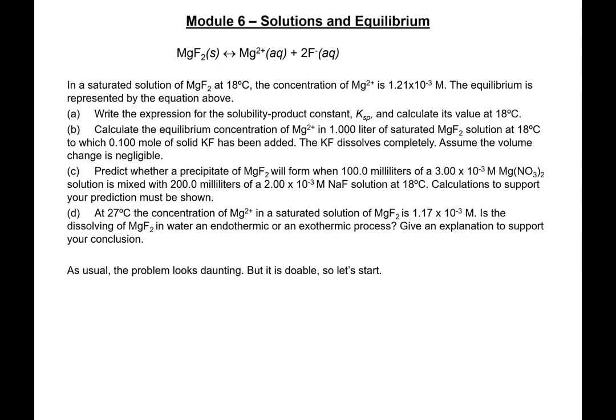The problem statement says in a saturated solution of MgF2 at 18 degrees C, the concentration of magnesium is 1.2 times 10 to the minus third molar. The equilibrium is represented by the equation above. So we're tasked with four things. We need to write the expression for KSP, calculate its value at 18